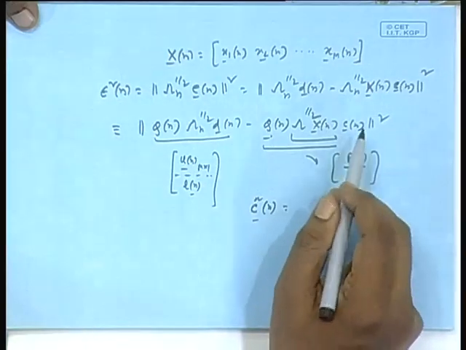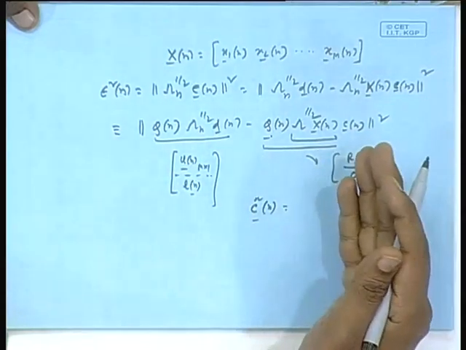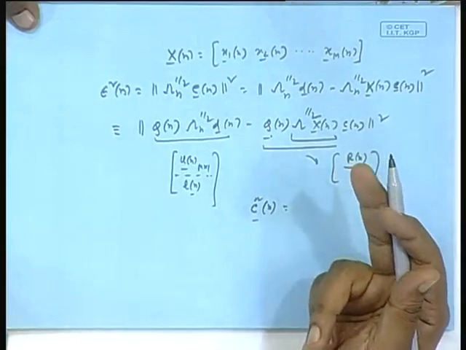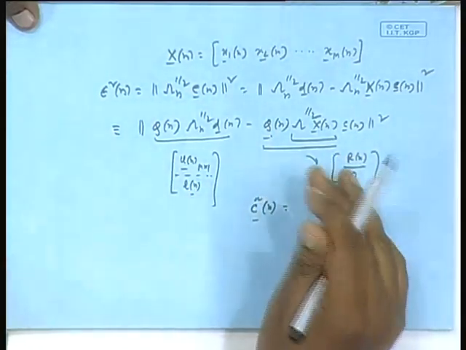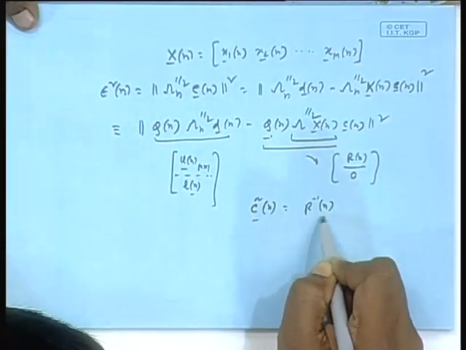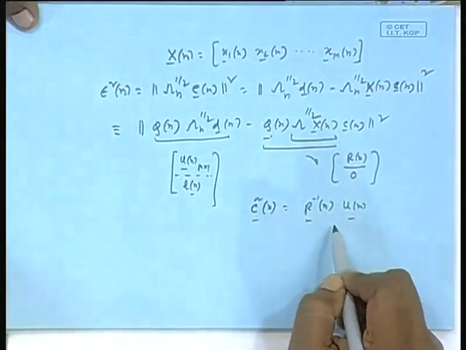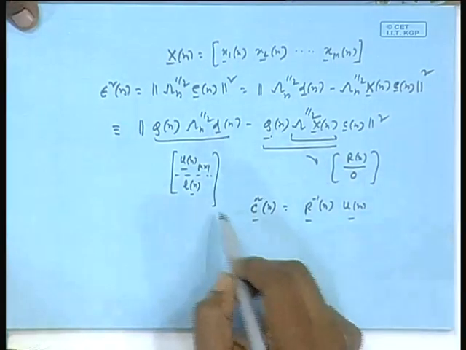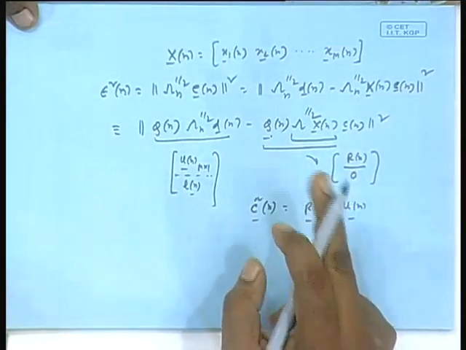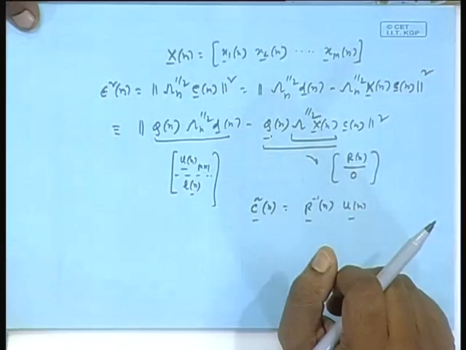Since R n is invertible, and l n is independent of C n, the only thing we can do is make u n minus R n C n equal to 0. That will be the minimum possible, and obviously that will give the best filter, the orthogonal projection, because projection is unique, and this minimizes the norm, so that will indeed correspond to the orthogonal projection. So, you find C cap n as R inverse n times u n. Of course, you do not have to compute R inverse n, R n is upper triangular. So, R n into C cap n equal to this you can easily solve by back substitution. One value you find and then backward you can do it in clock, and that will give rise to a systolic array actually, in a pipeline manner.